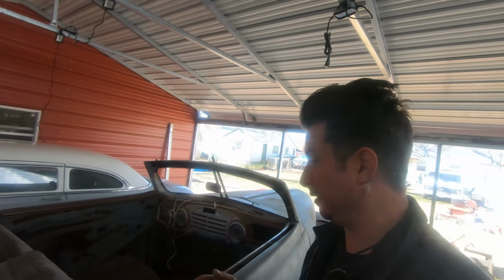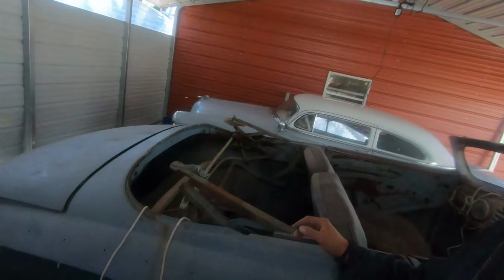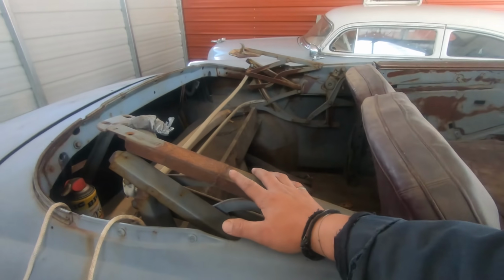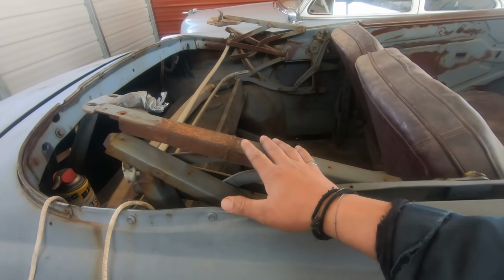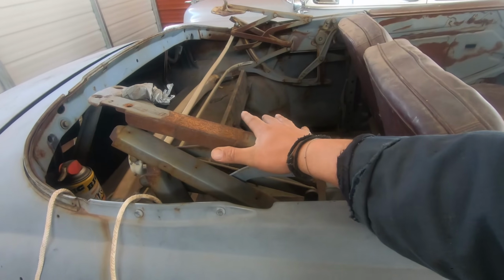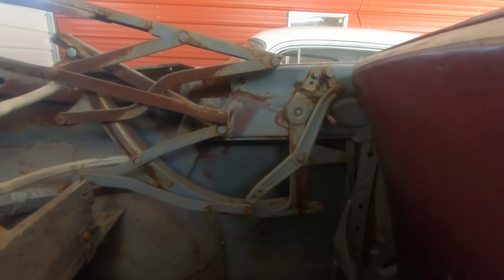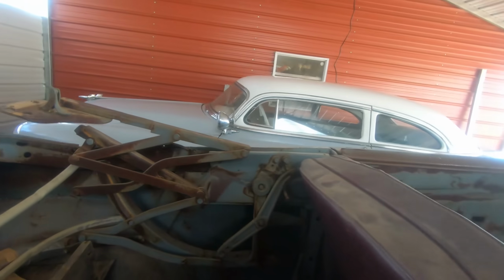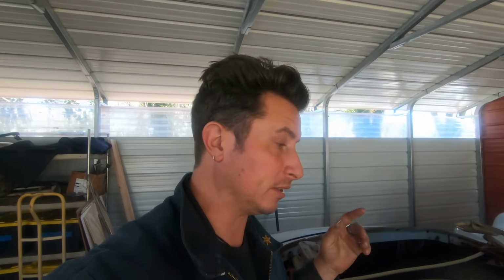The interior is gonna be a trick on this one too. I need to find door panels and all that stuff. The convertible top is chopped, but not the same way on both sides. So I've got a feeling that's obviously not, I got some bubblegum welds, we're gonna call this mocked up is what we'll call it. So we're gonna have to address all of that,